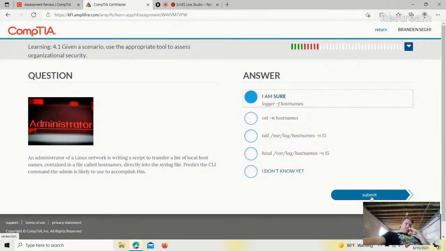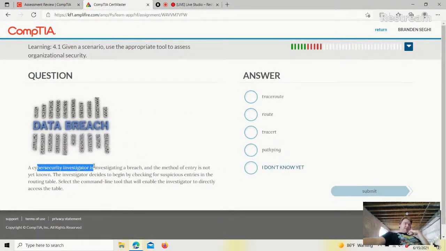I'm going to go with logger. This one searches for host names. This one searches for the first or the last 15, because it's the tail. Last 15 lines, and then this would look for the first 15 lines. So none of that made sense to transfer a list of local host names. So